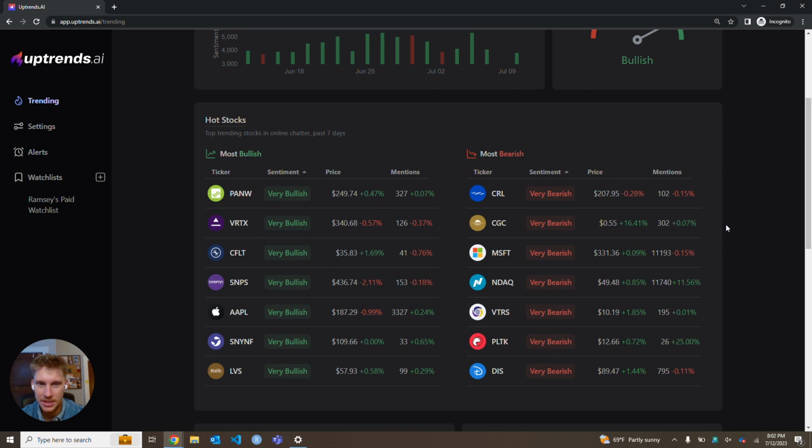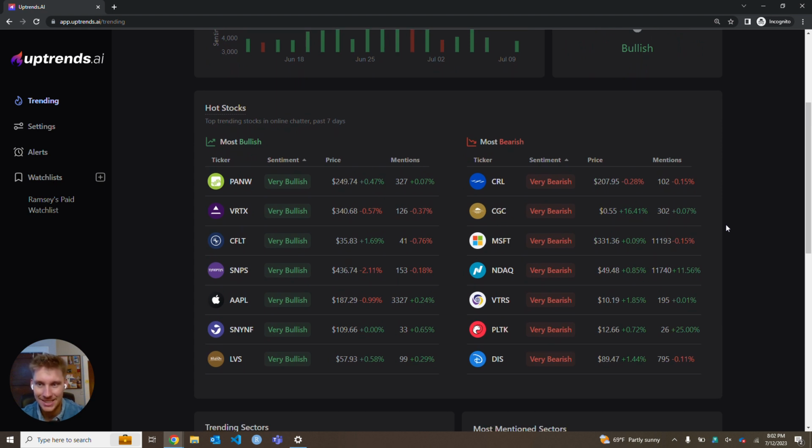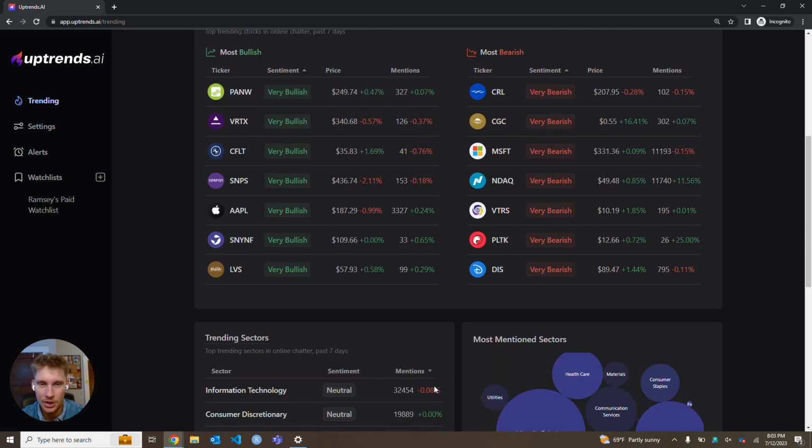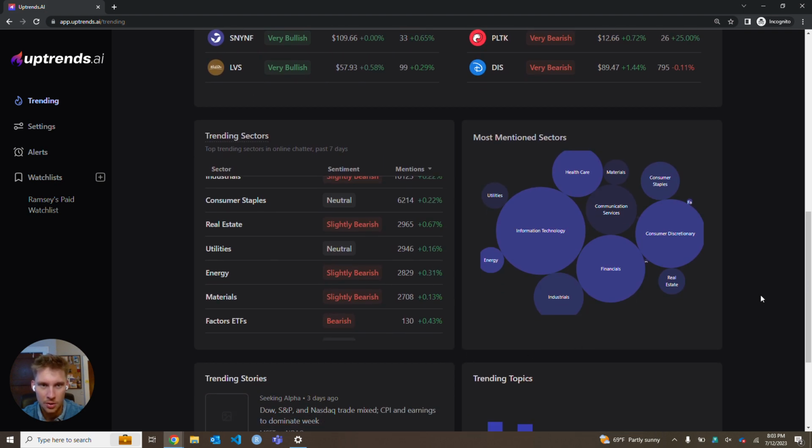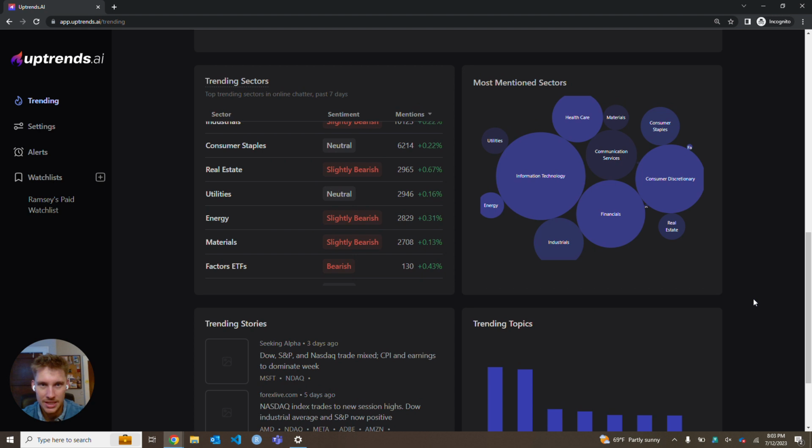If we scroll down to the rest of the page here, we showcase the hottest stocks in the news based on sentiment expressed. So on the left side, we have the stocks with the most bullish or most positive sentiment over the past week. Right side is most negative, also showing their price and overall news mention volume over that same period. So you can click into each of those. We will do that, but first, just to round out the rest of this page, we also showcase news insights